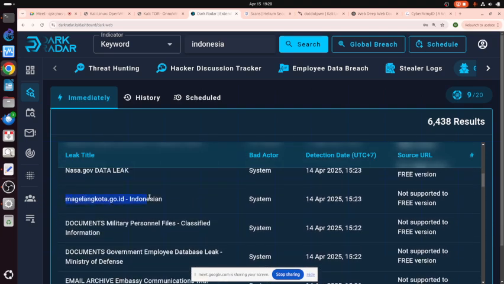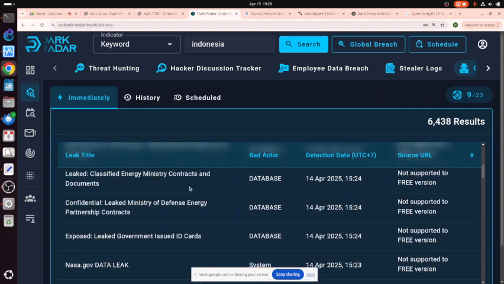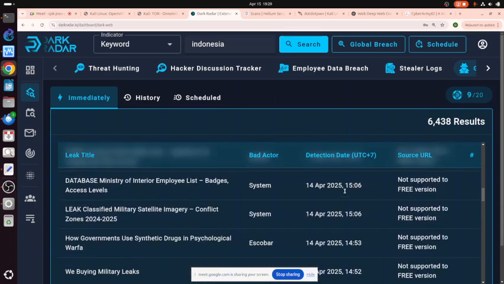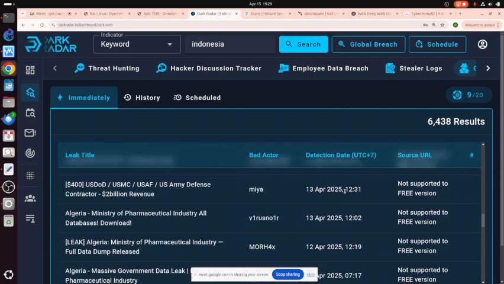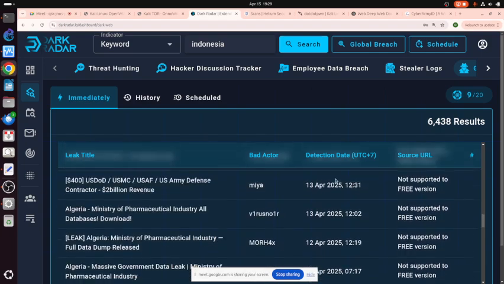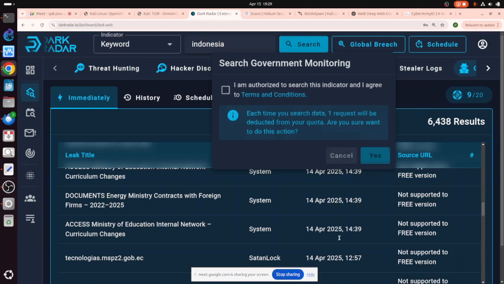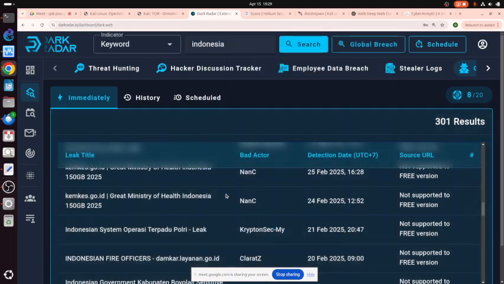This one is not very scary, but this one is scary because this is all our citizenship, the KTP and so on is there. So we are in big trouble actually. I only know now. This is only yesterday. Wow. Okay. What else? If you want more detail, you can use Indonesia and search here, and you can see a lot of things. This is all Indonesians.